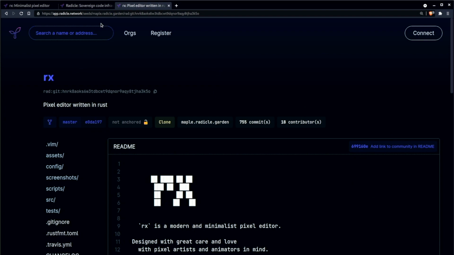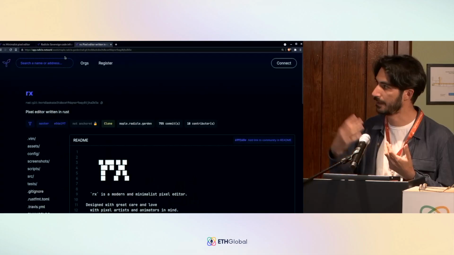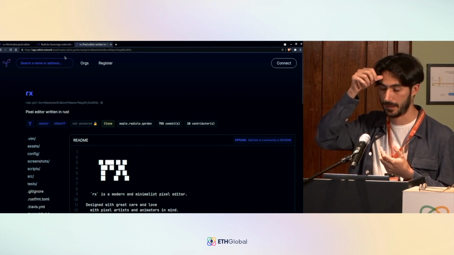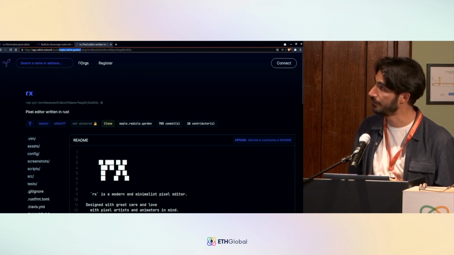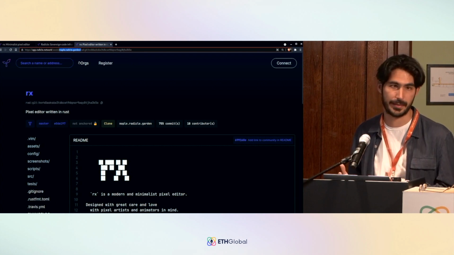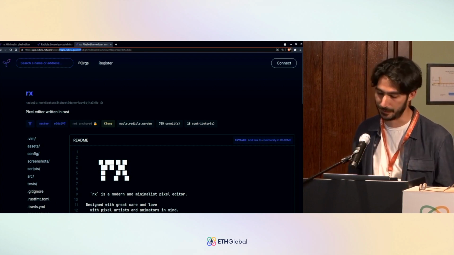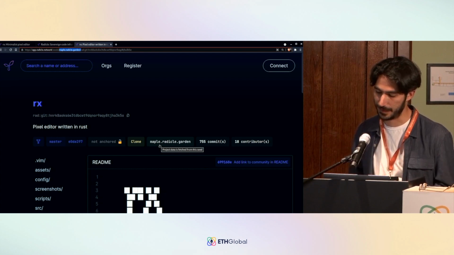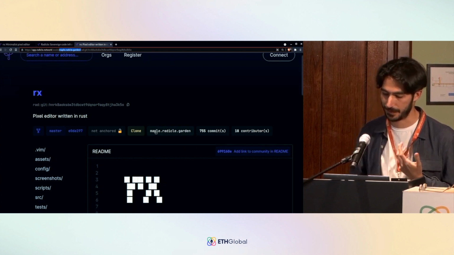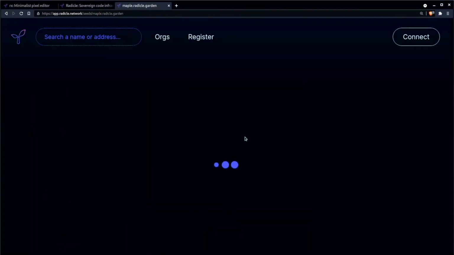So this web front end has actually many backends, in the sense that any seed node can operate as a backend to this web front end. And you can actually see here, it's going to look very small, but the seed domain name is up here, and I can put any seed in here, and it's just going to load it up and show me the code from there. In the interface, if I zoom in, you also see the name of the seed here, which is telling me, hey, the source code is actually being fetched from this seed. And if I click on this, I'm actually going to load